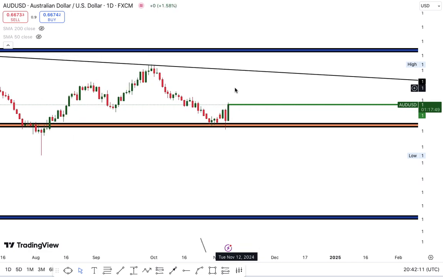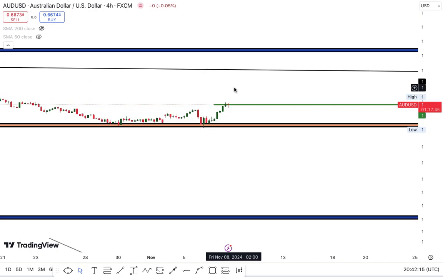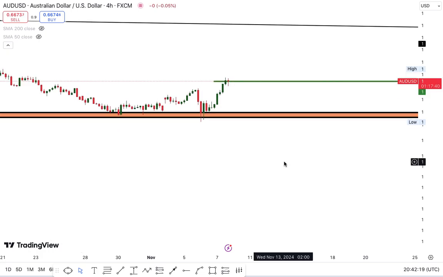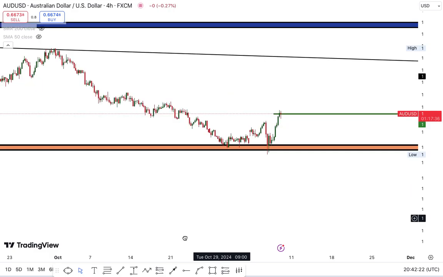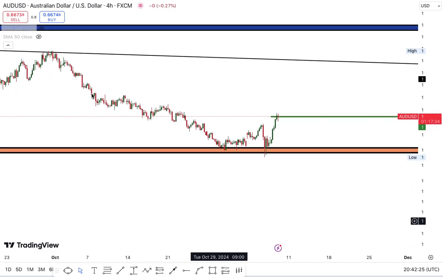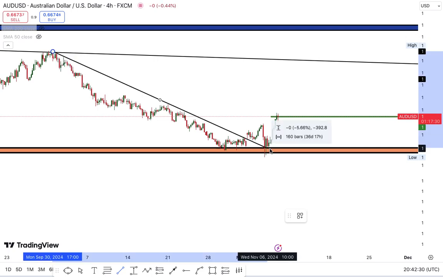To execute this trade will be very simple. Just go down to the 4 hour time frame, which is the time frame that I actually advise you to execute your trade on, and you can see what's happening here. In this case, you can see that this was where the market actually started giving us some form of a flag pattern.